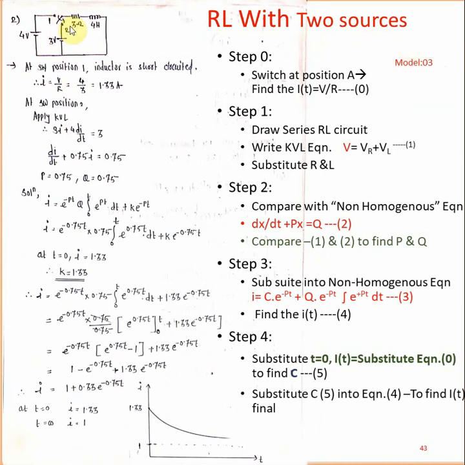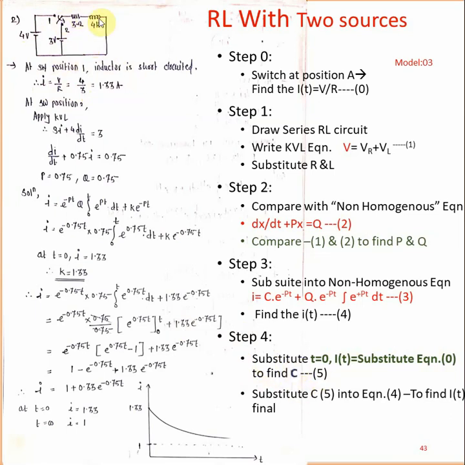So there are two switches. Switch 1 is closed. Then you can find the I value. During that time the inductance is not charged, so only consider the source of 4 volts, the closed switch, and the connected 3 ohm resistance. Then close the circuit. I is equal to, by Ohm's law, V by R, V is 4 divided by R value 3. Then you find the I. This is very important to substitute into step number 4 to find the constant.